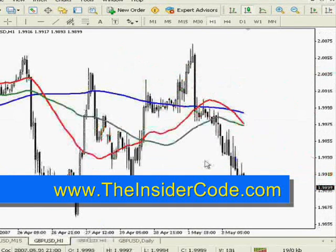If we go down to the hourly bar here, you can see that the market has a bit more momentum to it. It's starting to build as it comes down here. We're getting this nice up and down motion. The market is chewing its way down rather than just spiking its way down. These kinds of moves here, where the market spikes,